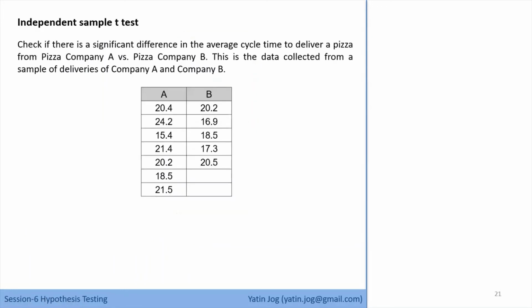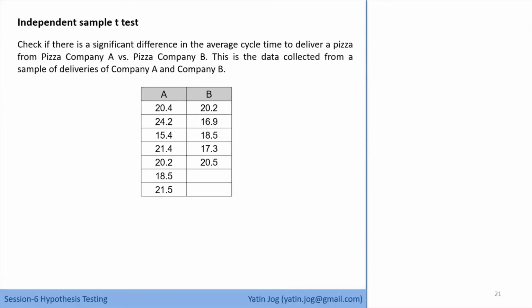Now I'll go for independent sample t-test, next method. When my objects are different, I'm taking one exam for one class and second exam for second class. Students are different, objects are different. I cannot compare them as paired sample, I have to compare them as independent sample. And in case of independent sample, as we have discussed in yesterday's session, first we have to check the variance. If the variance of both the samples is same, then we have a different method for calculation. And if the variance between 2 samples is not same, then we have to go for a different method for calculation.